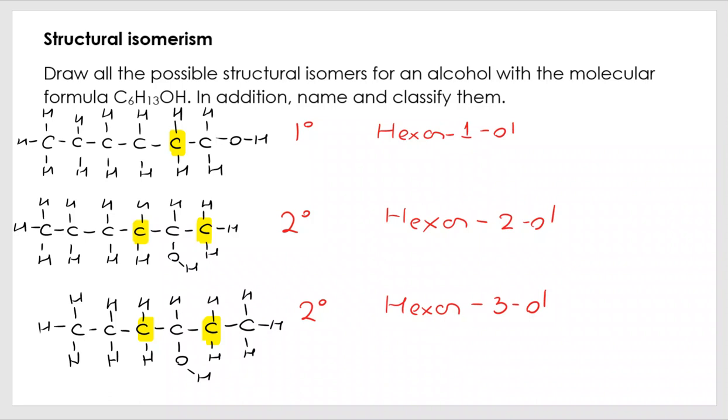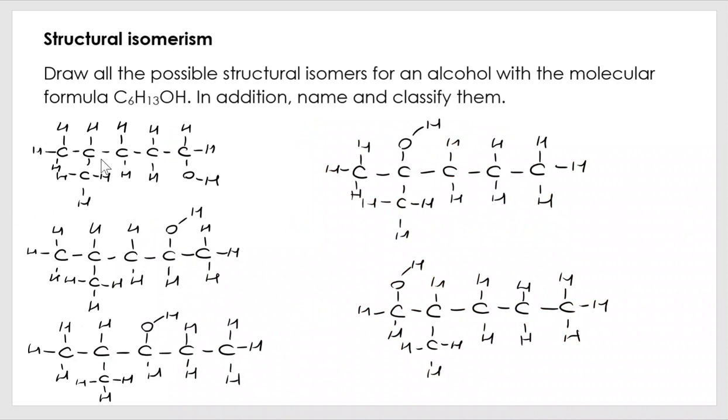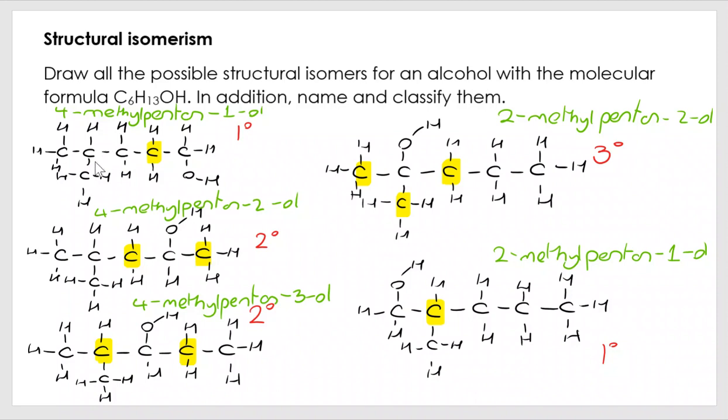But just because we've done all the ones that are 6 in a row, we now need to consider the branching. Let's consider all of the examples that are a 2-methyl pentane. So let's classify them. We have primary, secondary, tertiary, and another primary at the end. But in each case, although the methyl is in the same position, the OH is moving. So we get 4-methyl pentan-1-ol, so I'm going to number from the OH end, 4-methyl pentan-2-ol, 4-methyl pentan-3-ol, but then